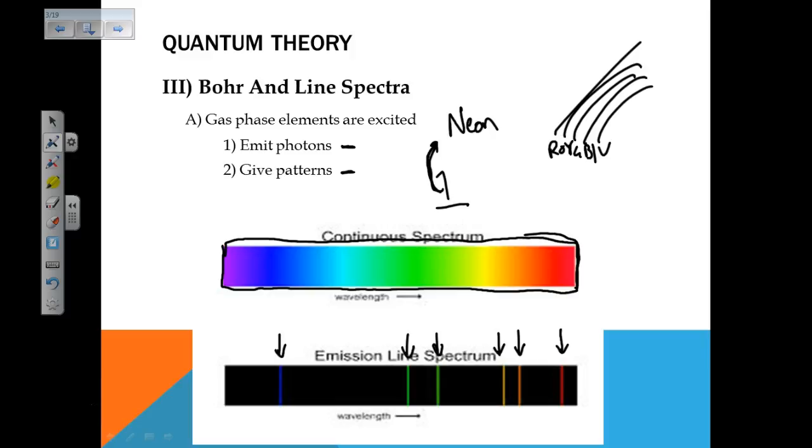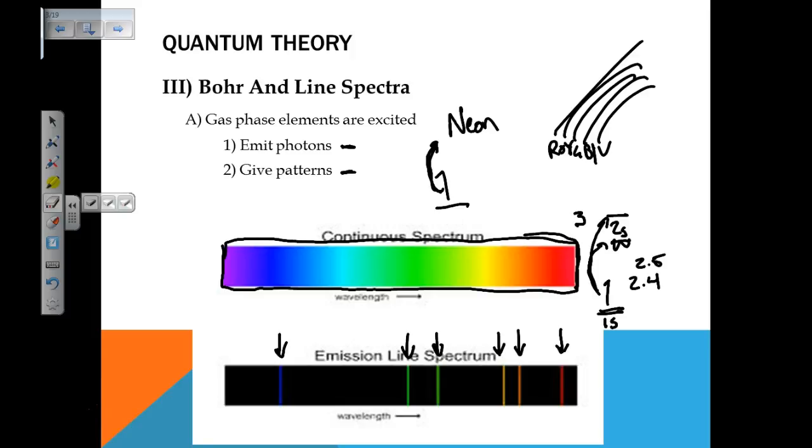Okay, for example, this line down here, I don't know exactly and it's not important right now, may be a 1s electron jumping up one level to the 2s. That takes a certain amount of energy. Okay, and it has to be a specific amount of energy. If it could also use 2.5 and 2.4, that means this line would be wider. It would be more red in a broader spot. But because it's a single line, we know that it only takes a very specific amount of energy, because of Planck, a specific frequency,